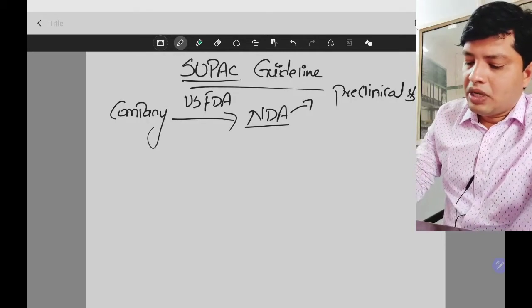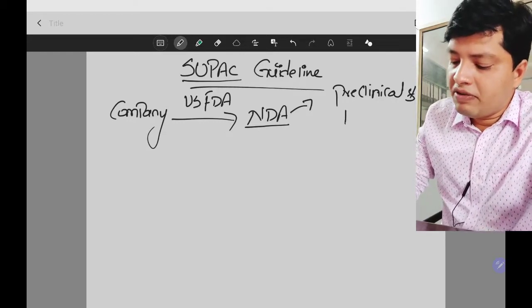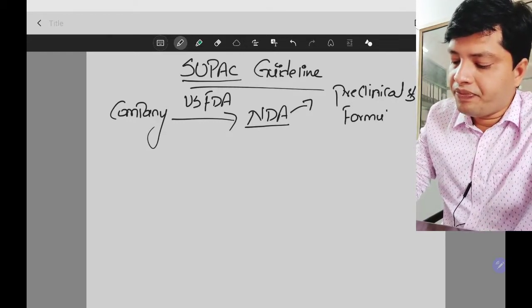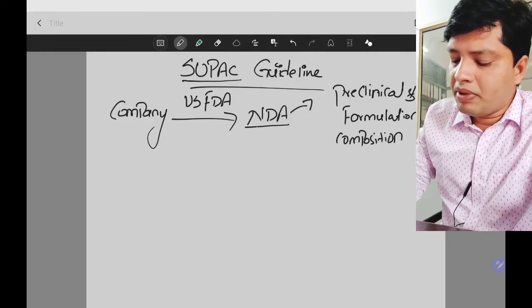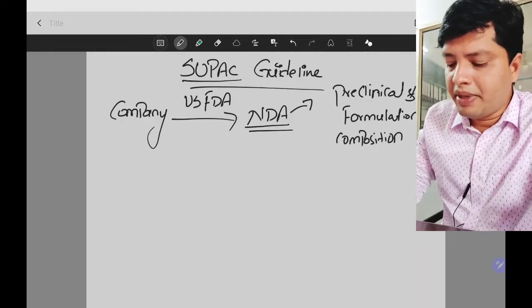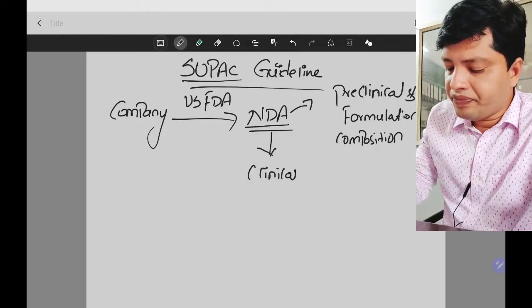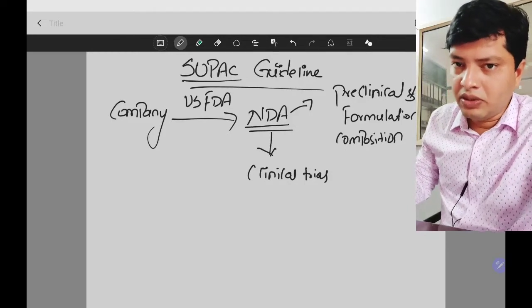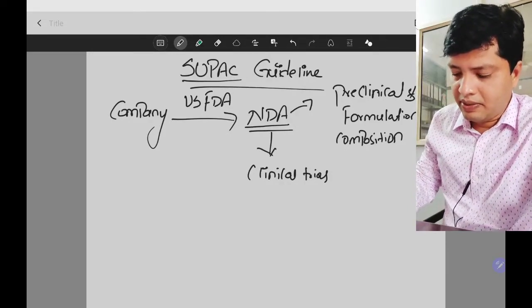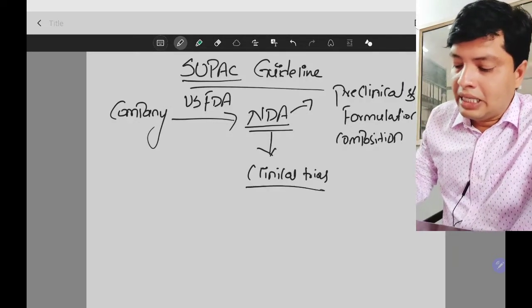Along with this data, you will be providing what is the formulation, what is the composition of formulation. Why are you applying an NDA application? To conduct clinical trials in US, because you want to sell the drug in US. You need to conduct clinical trials in US. So you are applying NDA application.